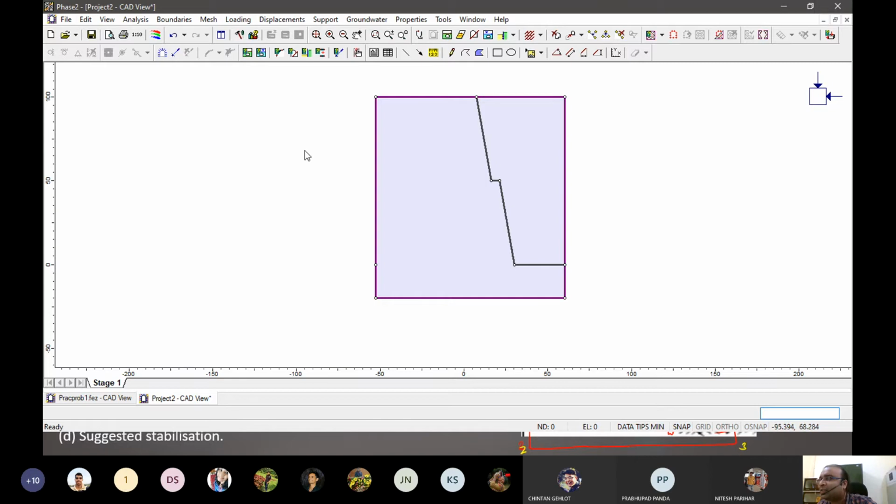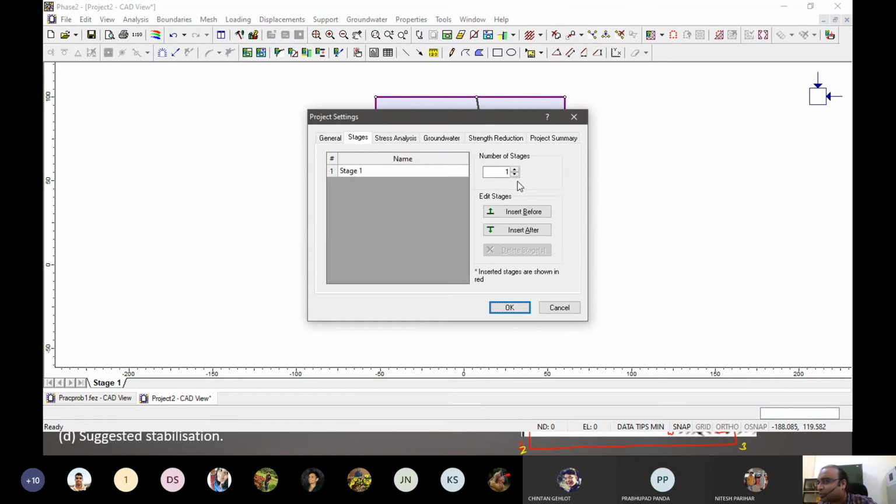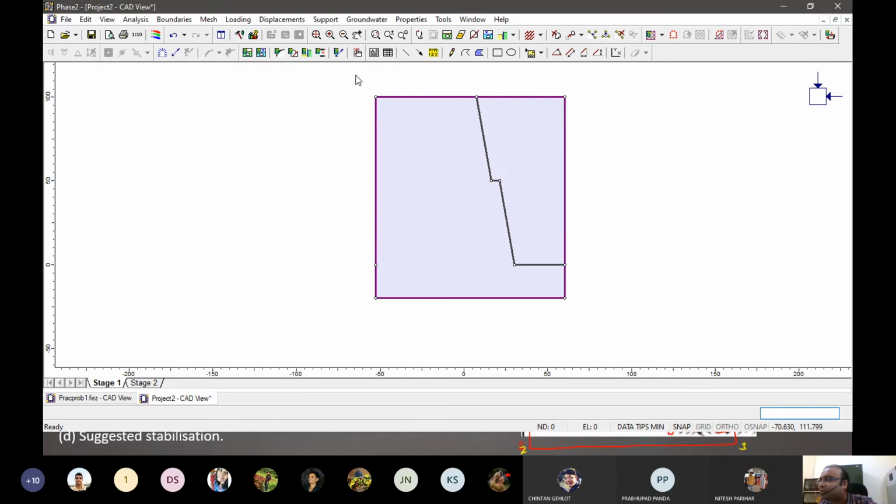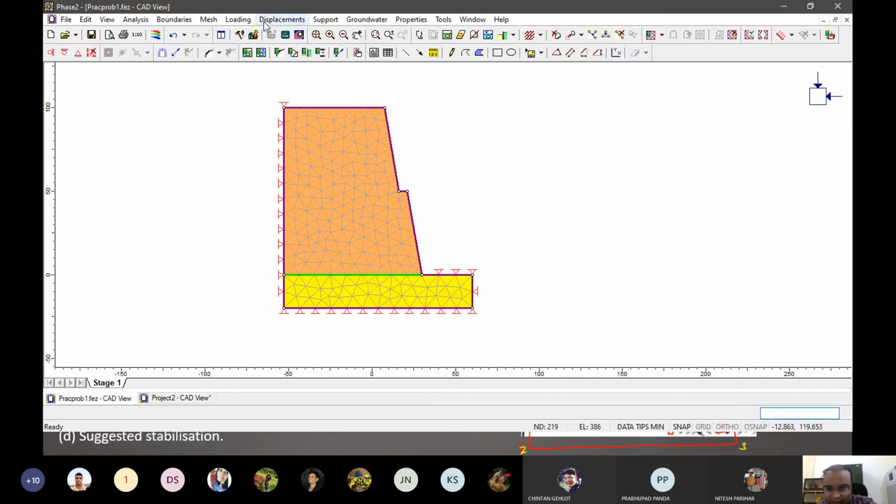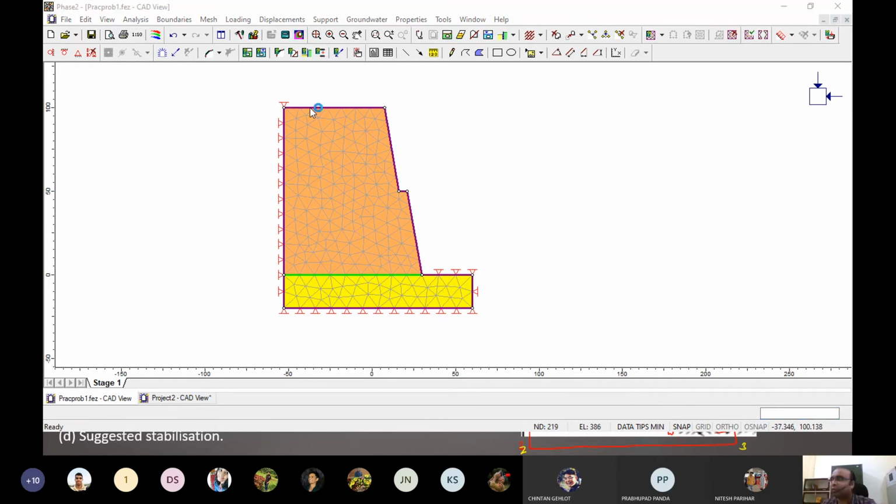So, what we can do is add stages, project settings, stages from 1 to 2, right? And there is a need for a material boundary. Now just let me do this stuff and I'll explain what I'm doing and why I have to do it again. So this, I think, analysis is done. Let's see what happened. So this was the previous analysis. We were just finding SRF, right? And let's see what we found.